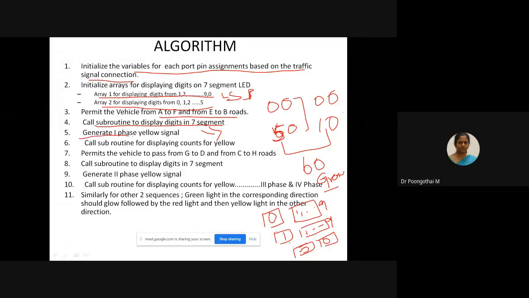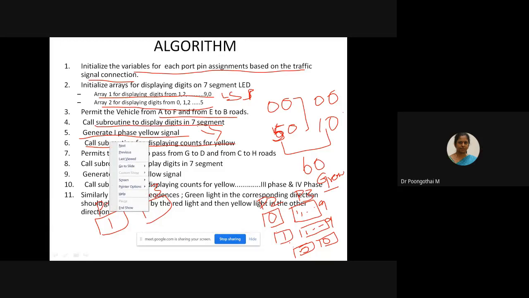Next we have to generate the phase 1 yellow signal and call the subroutine for displaying the count for yellow. For that you have to display 1. This will be your P2 and P3. P2 is 1 and P3 varies from 0 to 9, up to 1, 0.